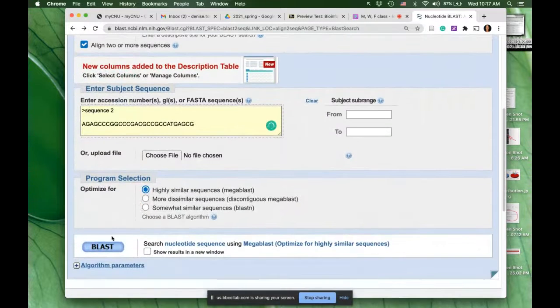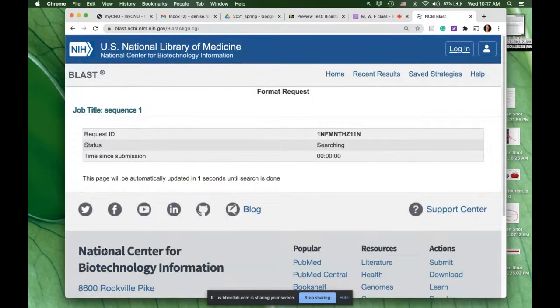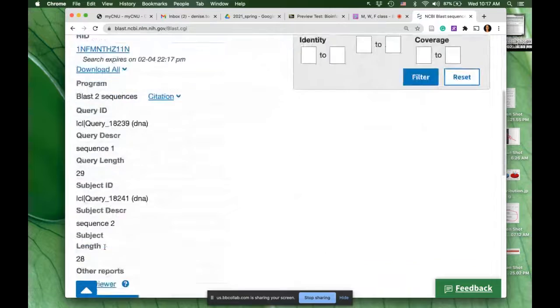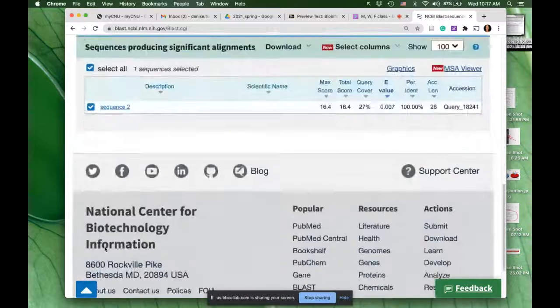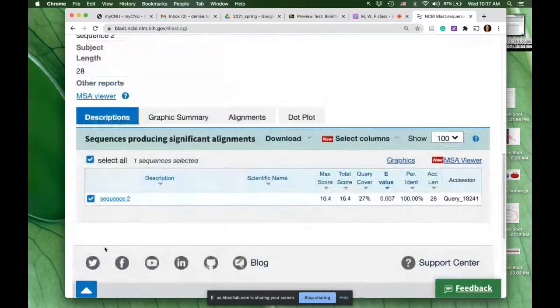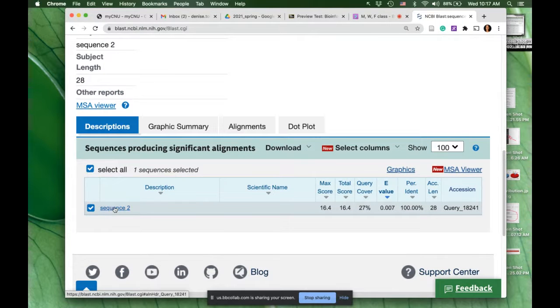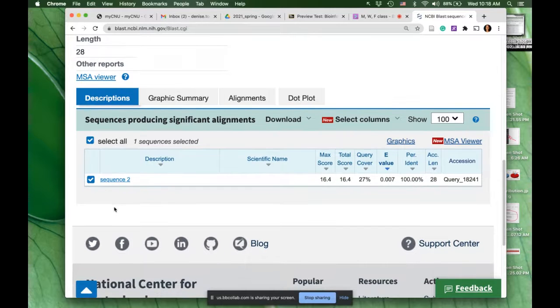All right, so I'm telling BLAST to compare those two and see what they have in common. Now I hit BLAST, and on the result, we're going to look at which strand was which that I entered. They changed our output. It used to be that on this screen you'd already see everything, but now they made them